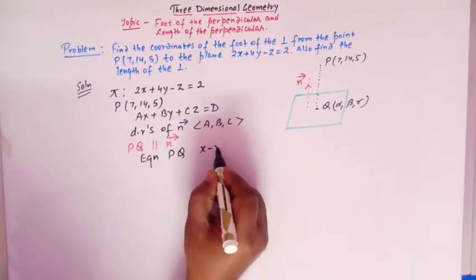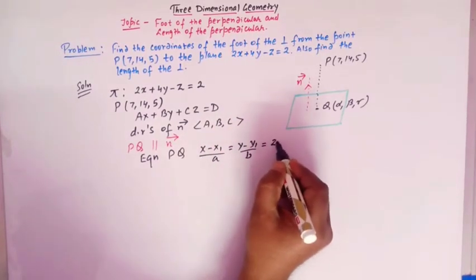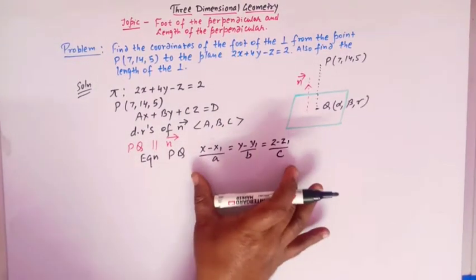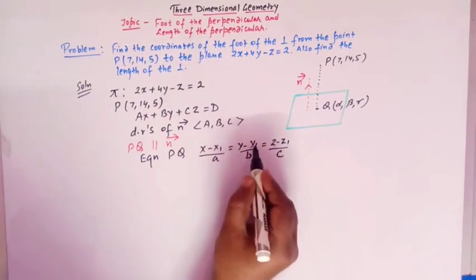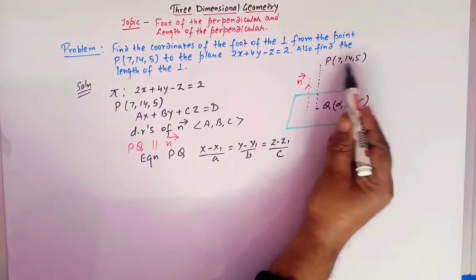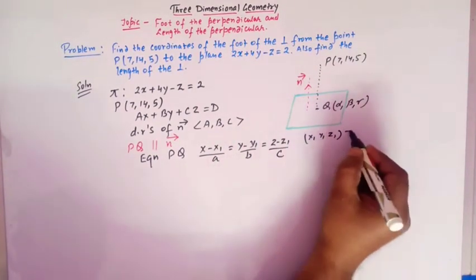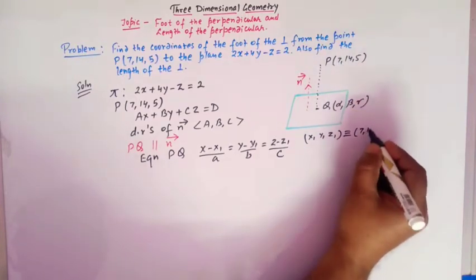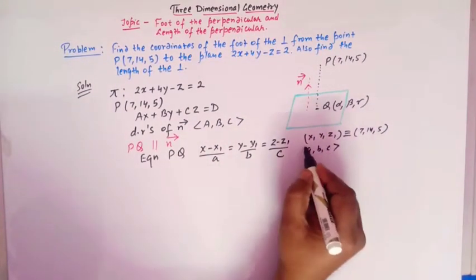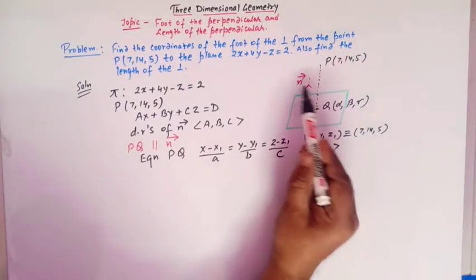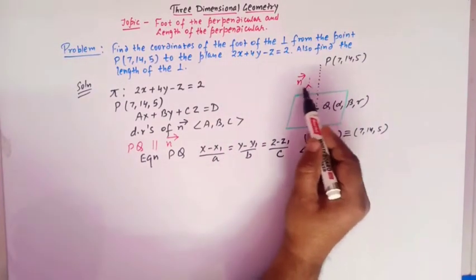So this is given by (x - x1)/a = (y - y1)/b = (z - z1)/c. So this is the standard equation of the line in three-dimensional geometry, where x1, y1, z1 is the point through which the line passes. So here x1, y1 and z1 is the point P, which is (7, 14, 5). And a, b, c are the direction ratios of this line, and here the vector n is parallel to PQ, hence the direction ratios of these two